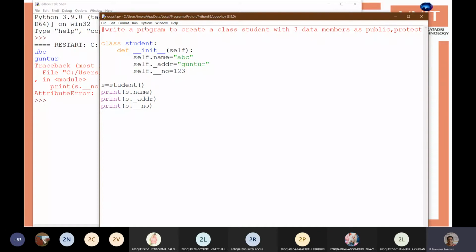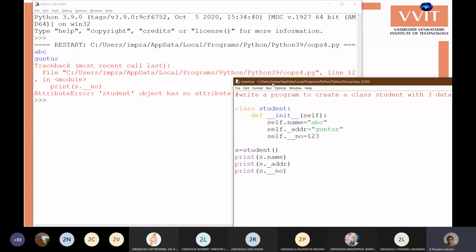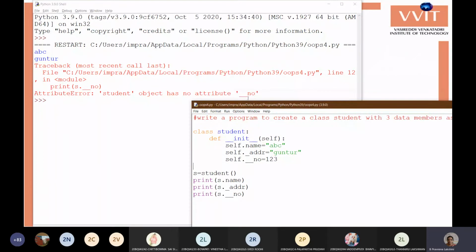So we are getting an output for the public variable and also for the protected variable, and we are getting an error for the private variable. Object has no attribute __number. Because the variable is private, we are not able to access it.